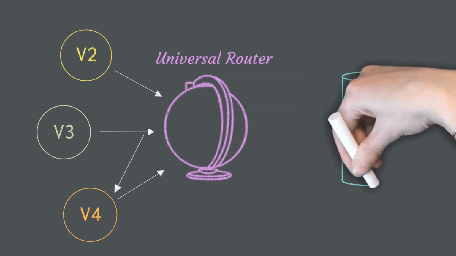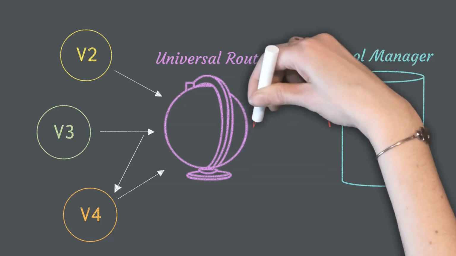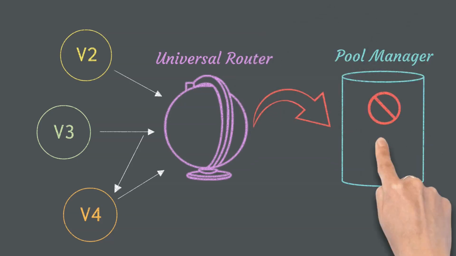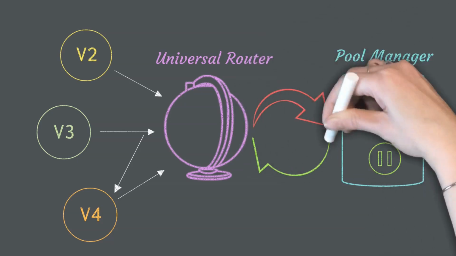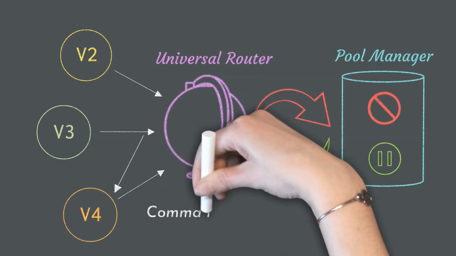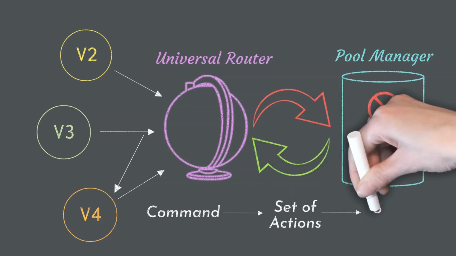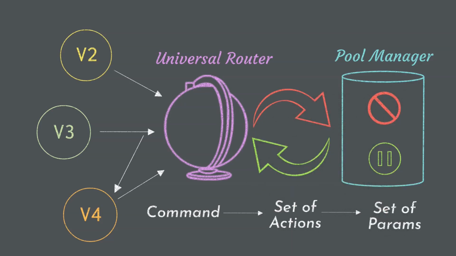And as with the rest of the modules, the Universal Router checks if the pool manager is unlocked. Unlocking the pool manager allows swaps to take place. Transactions are encoded as commands, where each command can represent a set of actions, and each action has a range of parameters. When properly encoded and in the right order, these commands can be chained within one single transaction to